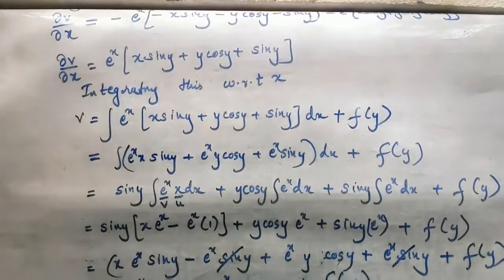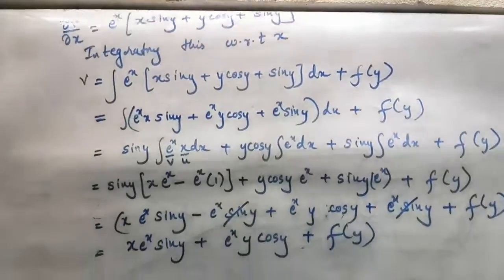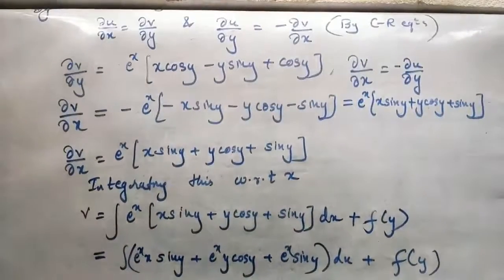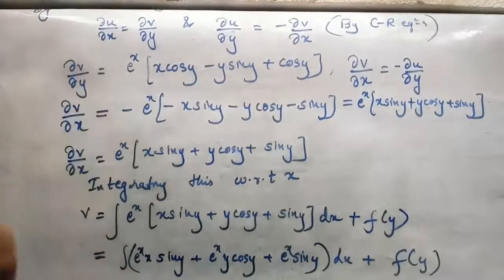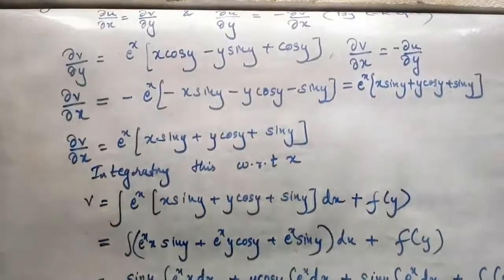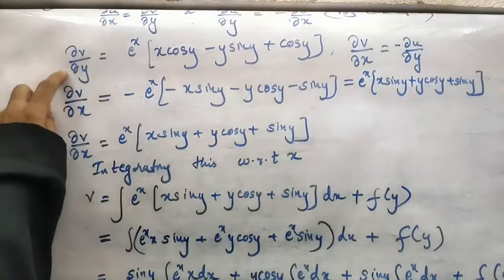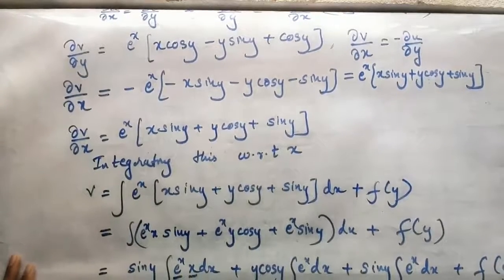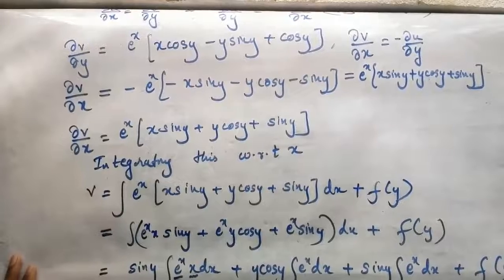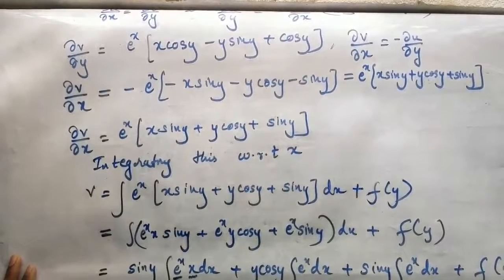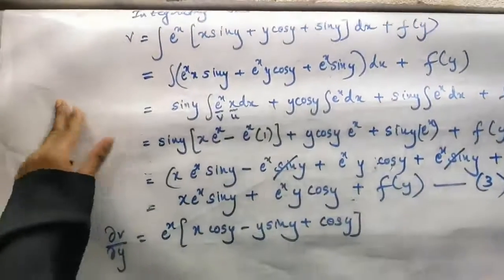Now the same work we are going to do for dou v by dou y. So what do we have as dou v by dou y? Call this equation 3 now. We have got dou v by dou y is equal to this. This time we have to integrate it with respect to y. To get back my v, what should I do? I have to consider dou v by dou y. I'll write dou v by dou y here and then consider it. Dou v by dou y is e to the power x cos y minus y sin y plus cos y plus y. Yes, this is your dou v by dou y, is it?